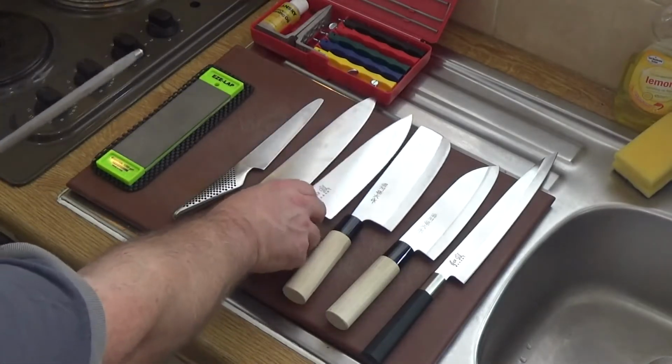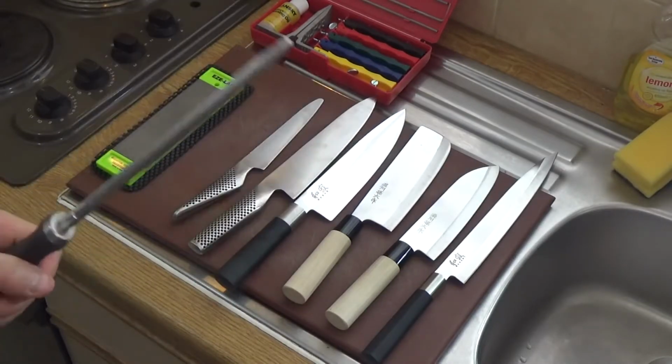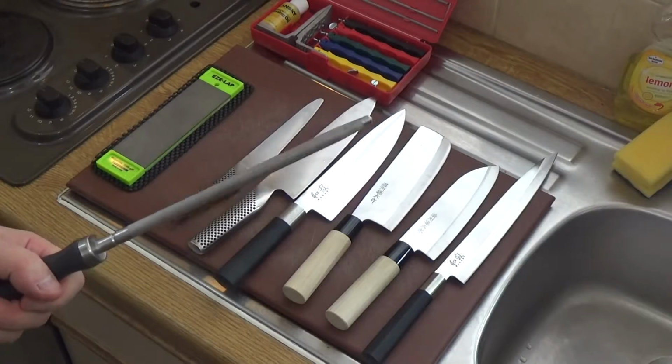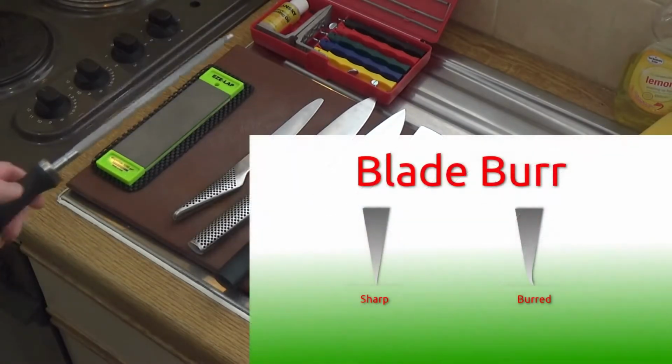And a steel, it's often called a sharpening steel, but it is not for sharpening. The only thing a steel is good for is honing a blade. Now, I'll show you a little diagram right now, and